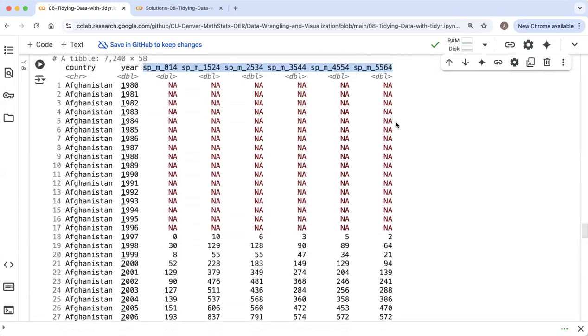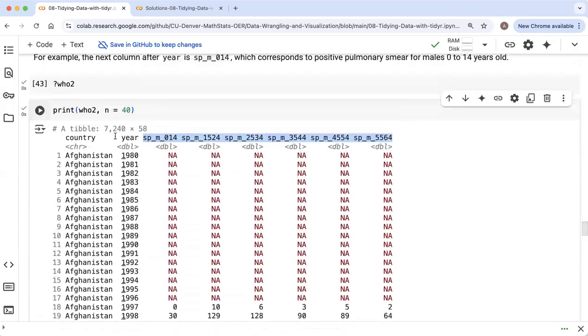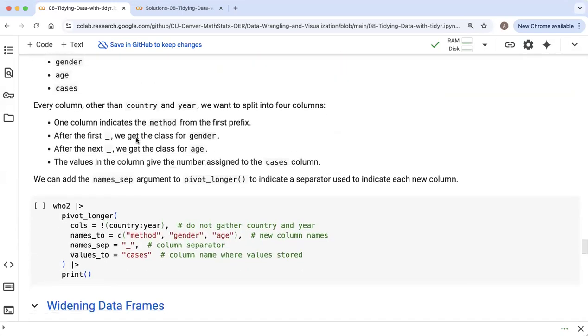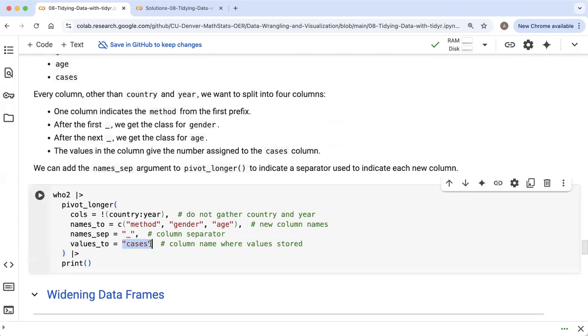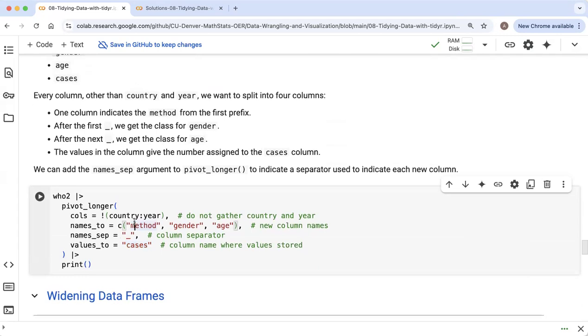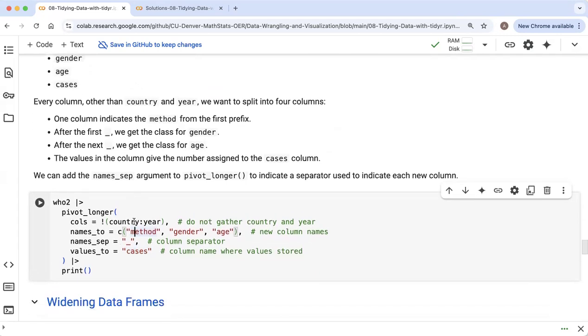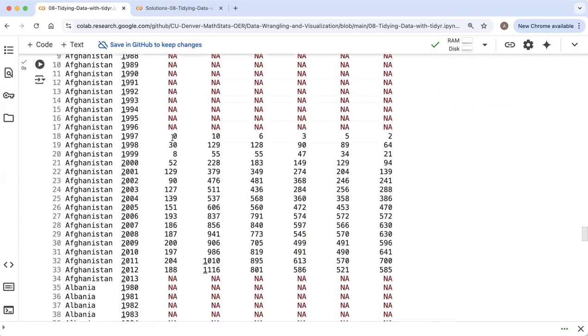So I'm combining everything, all of the columns other than country and year are going to get crunched together into one column that I'm going to call cases down here. Okay, otherwise, each of these other columns we're going to use to create some additional columns. So we're going to indicate where did this value come from